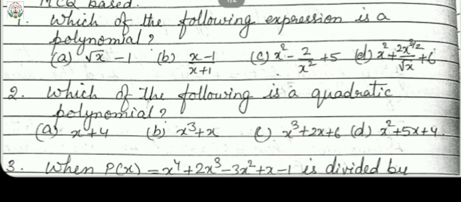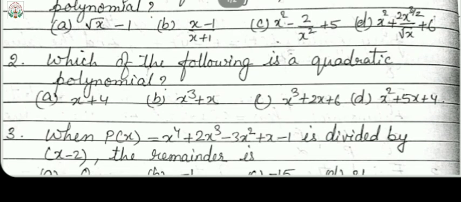Now on simplification of the powers of x, you will get 2 upon 2, which will be cancelled off and only you will get x, means the equation will be x square plus 2x plus 6, which will be a polynomial. So in the first question, D part will be the polynomial. Okay, now come to the second part. Which of the following is a quadratic polynomial? Quadratic means we know the variable's power must be 2.